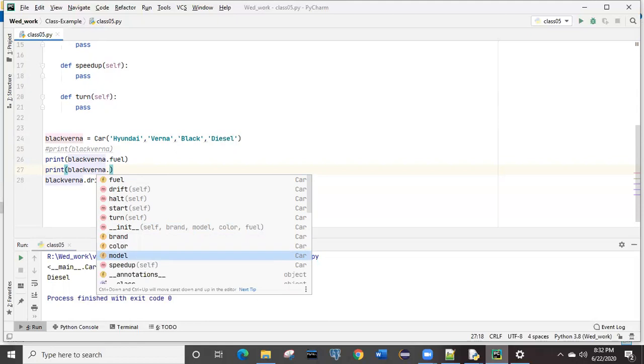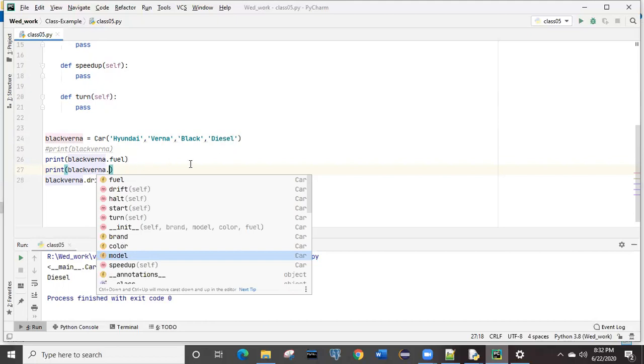Got it? These are the arguments, the features, the data members of that car class. These can be called directly: brand, color, model, fuel can be called directly without any arguments and other things.